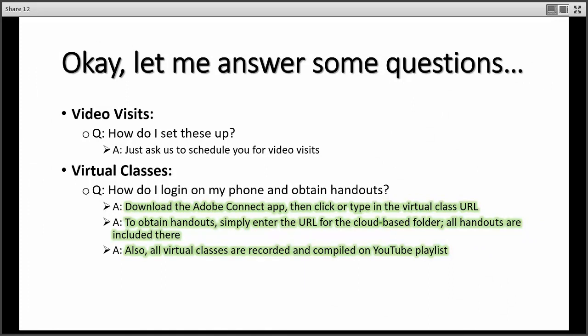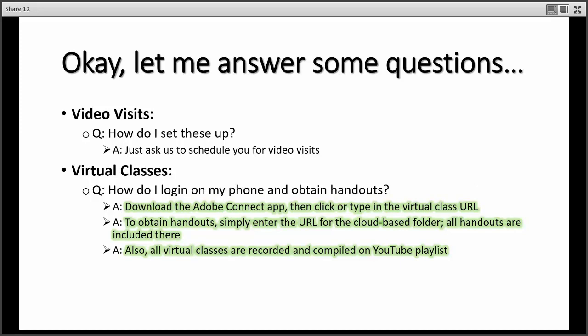Now, in terms of logging in through the app, again, clearly you guys have mastered that because you're here today, or at least a couple of you have come in through the app. But all you have to do is download the Adobe Connect app. So you've got to install that on your phone, and then the first time you join this class, you would either have to type in the URL for the class, which is in the instruction page that we've got that's floating about,